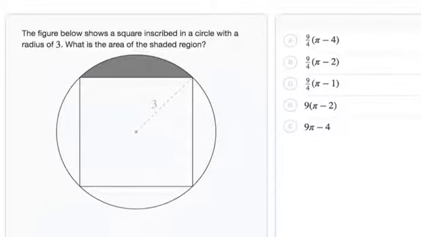The figure below shows a square inscribed in a circle with a radius of 3. What is the area of the shaded region? So in order to find the area of the shaded region, we're actually looking for the area of the entire